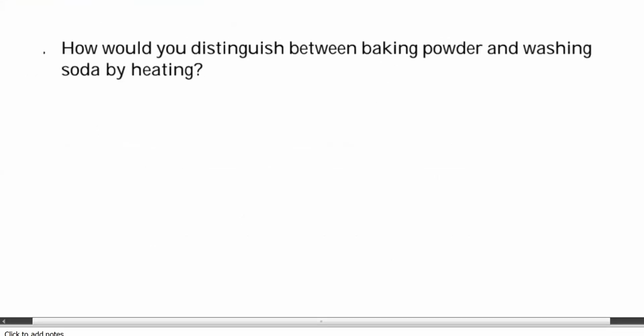Okay, do this question, please. How would you distinguish between baking powder and washing soda by heating? So when baking powder is heated, carbon dioxide is released. Okay. And this will give you Na2CO3